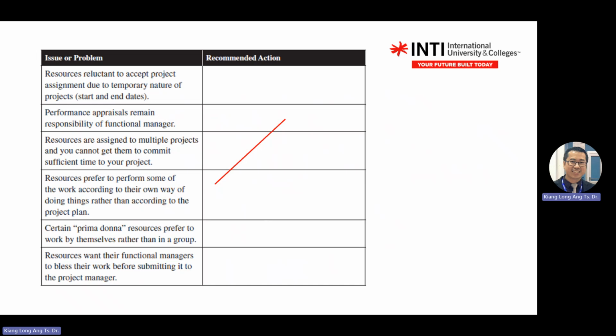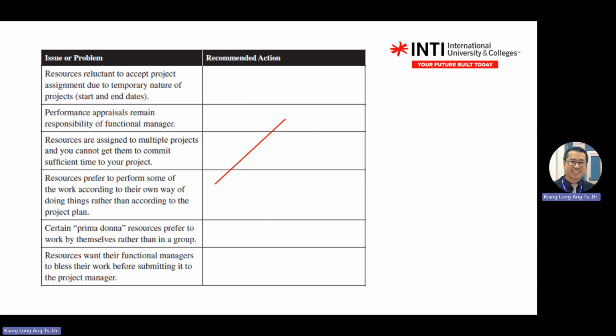So this one is a human resource problem. They don't want to cooperate or they have their own ways. This one may be because of the culture. They are doing it their way maybe because they are the experts. They are the subject experts. Let's say they are certified welders. They know what to do, what is good welding. But because of your project plan, your customer needs something that is not according to the normal practice.